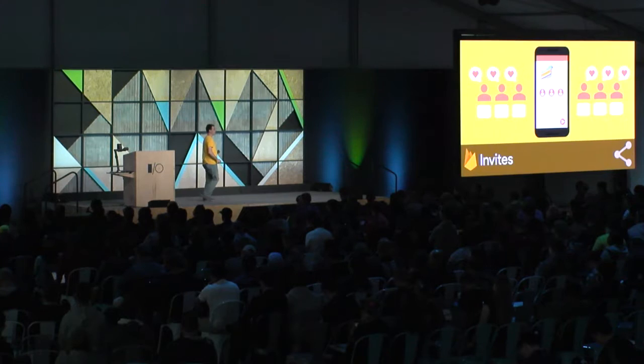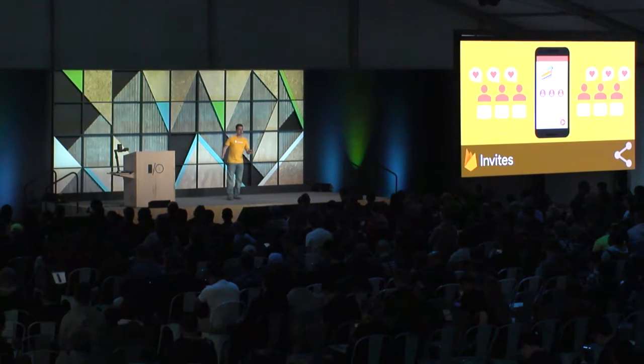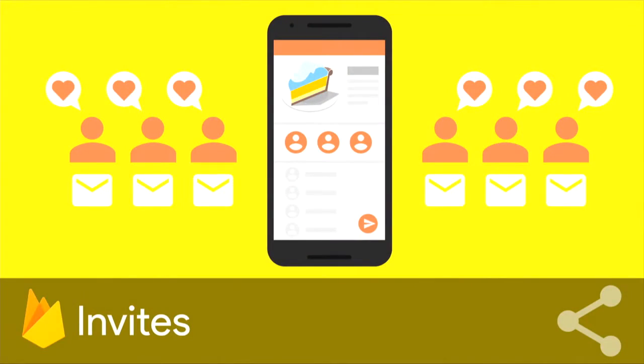So again, with invites, you want happy users to refer happy users. But there's another benefit. Since invites are built on top of dynamic links, what you can do is embed some context in your invites, like a referral bonus: invite a friend, and that friend then gets, say, $5 off their grocery bill. So if you have a deal with a grocery store, you could say, for everyone who invites one of their friends, we'll give them a coupon, and that makes for a great first-time experience and greatly increases your retention.